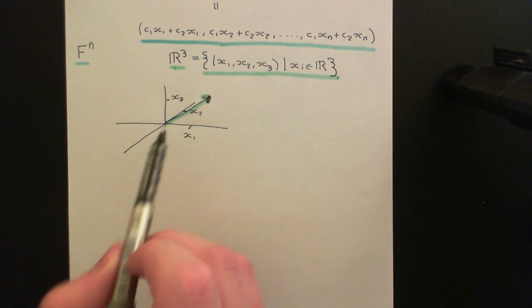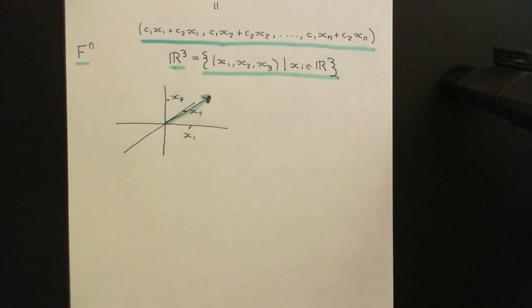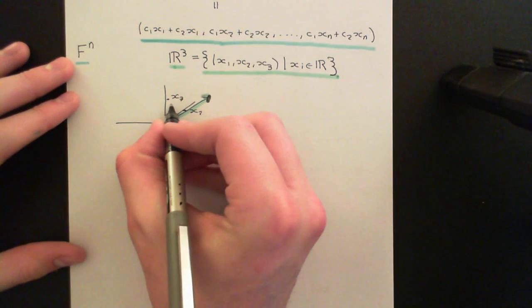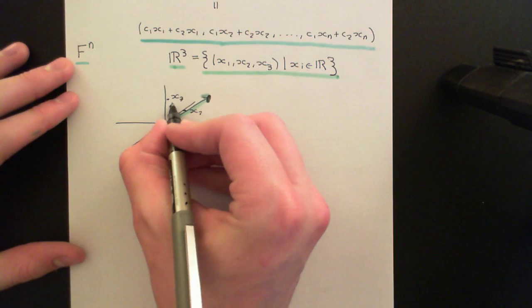Okay, and this is intuitively the way that people often visualize vectors, even though, as we've seen, the abstract definition of a vector has nothing to do with this picture. Now, why is this so wonderful? Well, what's so wonderful about this is not only does it give us a picture for each vector, but it also gives us a picture of what it means to add two vectors together and to scalar multiply a vector. Okay, so let's say here is another vector,